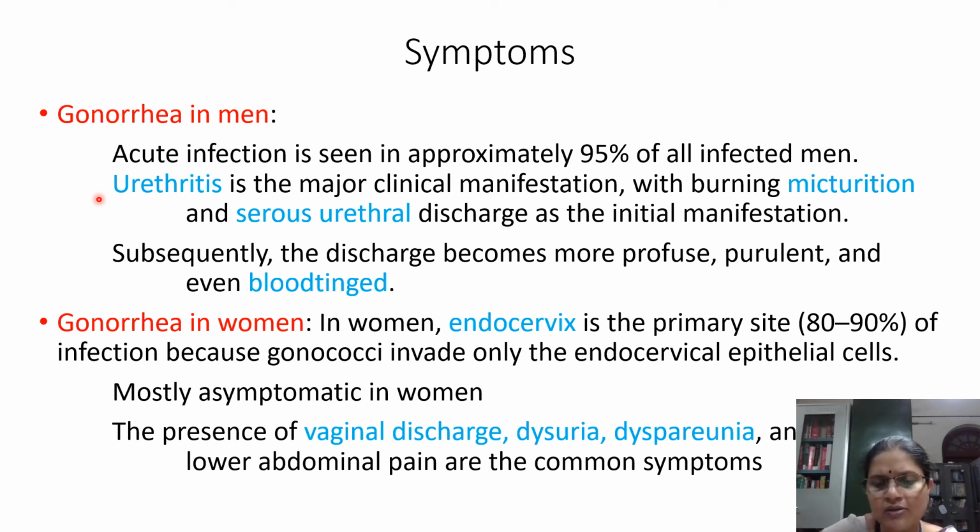See, what I meant to say here is, compared to women, men suffer from a lot of symptoms as far as gonorrhea is concerned. Okay, so in women it is mostly asymptomatic, that is, even if there is an infection, you don't see any symptoms in most of the cases. I will tell you what the symptoms are if they are present, but in most of the cases women will be asymptomatic even after the infection, whereas in men symptoms are usually seen in 95% of the cases, and the most important symptom is urethritis, that is, there will be inflammation in the urethral region. So how do you see the clinical manifestation?